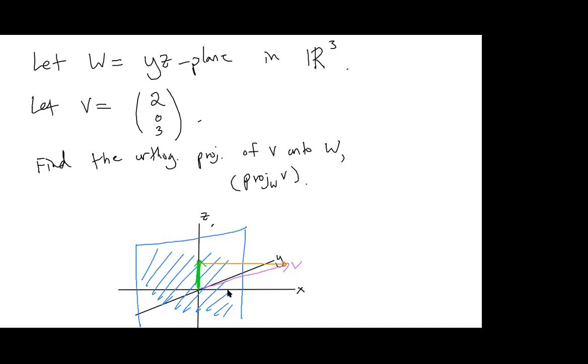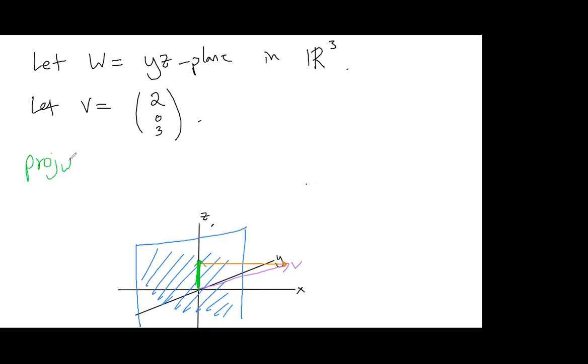All right, so you don't need to draw this every time you try to figure it out because we have a formula. So we can just plug it into the formula. Right now we just generalize the formula we just had before. So the formula was that the projection of V onto W should be V dot B1 over B1 dot B1 plus V dot B2 over B2 dot B2, where B1 and B2 are